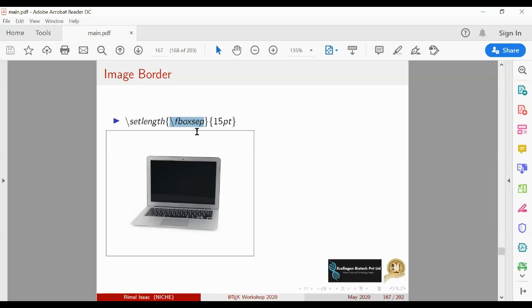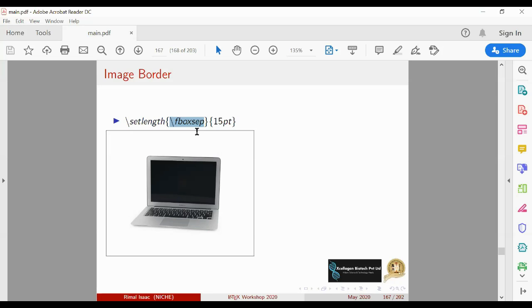one environment is there, the float barrier. Float barrier means you are telling the LaTeX document not to move your float, that is your image, from one page to another page. That is, you are restricting the table environment to a particular page. That is known as float barrier. But what happens is, if you put a float barrier, empty space may come after your table. So those kinds of problems are there.